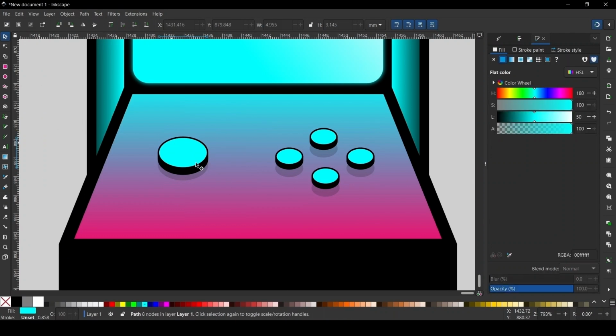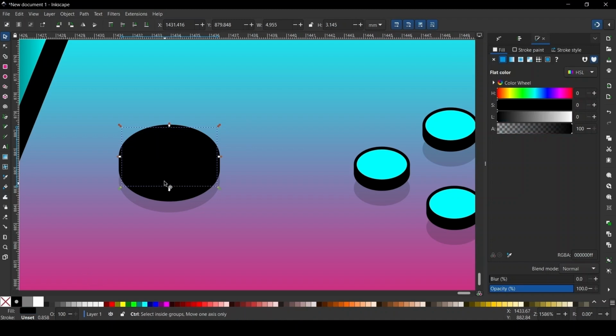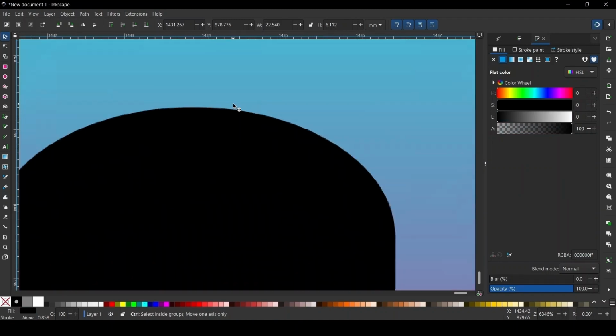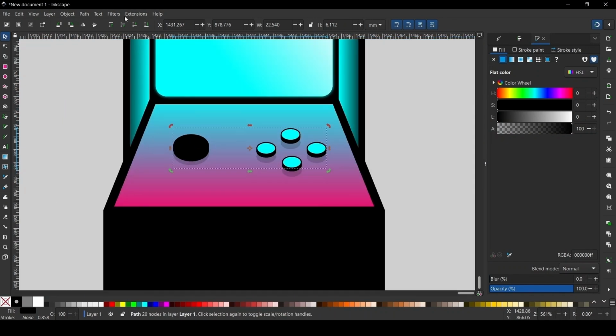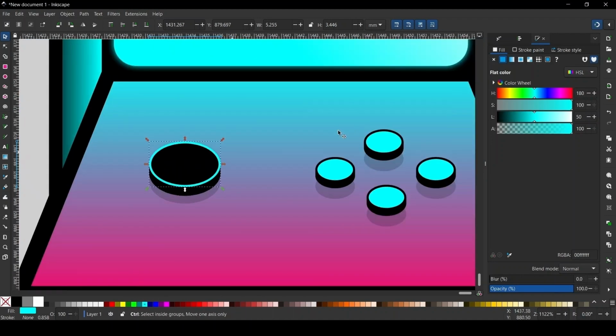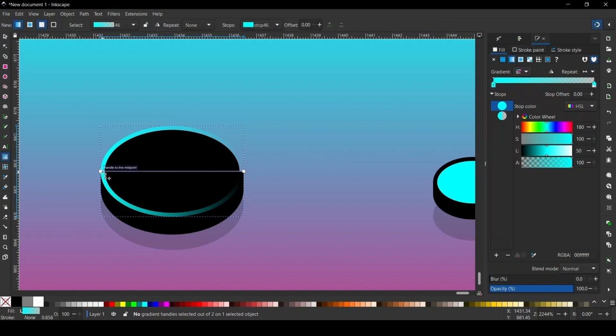And now I want to click on this object, and actually give this one a black color, and click on the outer object, so the ring, and I'm going to do a path and break apart. And then I want to click on this top object, hold Alt, select this bottom object, give that a cyan color, and then give that a linear gradient. I'll press G, take this top, place it here, and I'll take this one, place it like